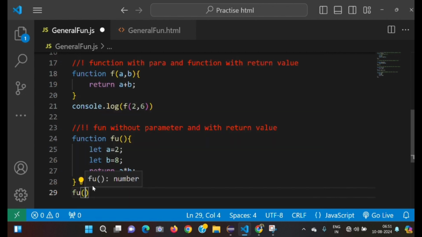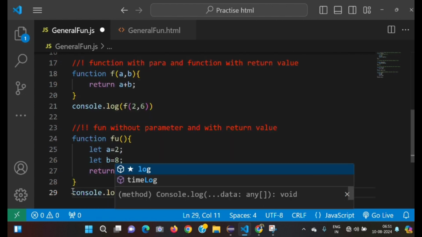Now when I call the function, see, here it is showing a number, because we already initialized numbers and we are returning the data as a number. In the earlier case you could pass any, because we had given parameters, so a value is any and b value is any. But here we already initialized a and b with numbers, that's why it shows number. Here you have no need of passing any data because this is the case without parameter, right? So now I'll print console.log of